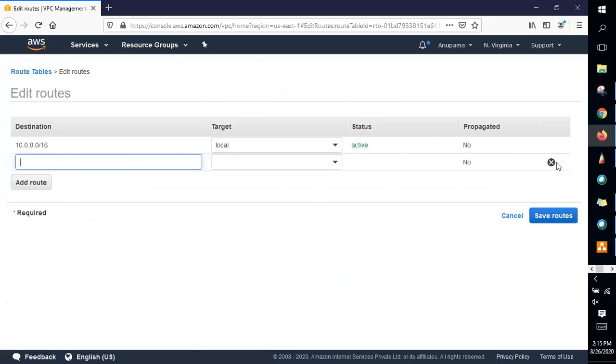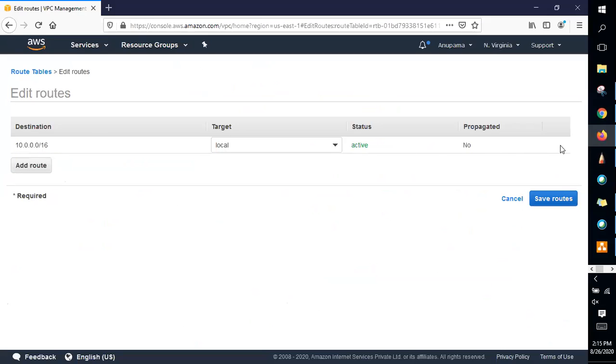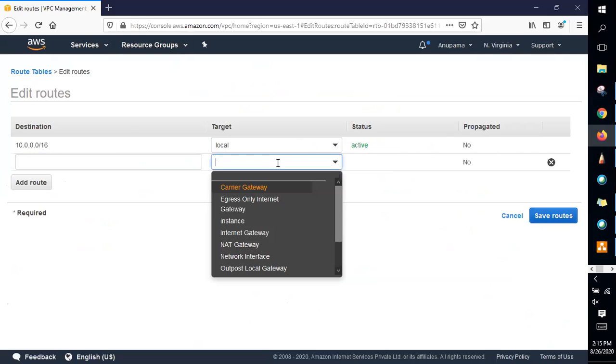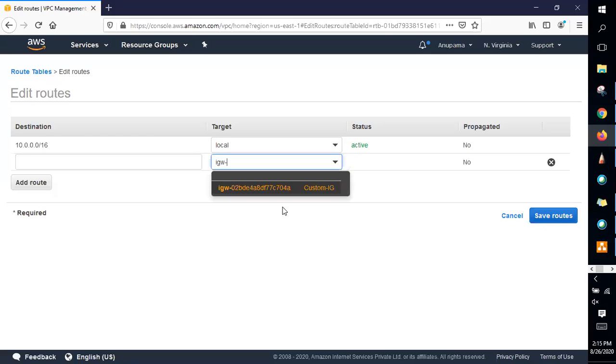Okay, and you cannot even remove this. You see, the one which I have added, I can just remove it and add it, but I cannot remove this rule. For each route table, this route is there by default, mandatory, and you cannot even remove it. Okay, so let me add the internet gateway as a route first of all. So let me select the internet gateway, and if you have created an internet gateway, you will find this. Otherwise, you will not find it. It will tell you the record is not found. You have to go and create it and come back here.